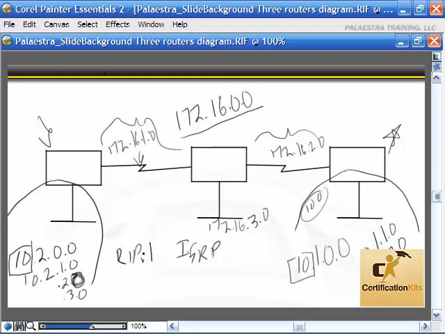Wouldn't be a problem with certain protocols like RIP version 2, EIGRP, OSPF, but with RIP version 1 and IGRP it causes a problem. Let's take a look at what that problem is. Let's say we have a computer over here. Most of the time he's a pretty happy guy. His IP address is